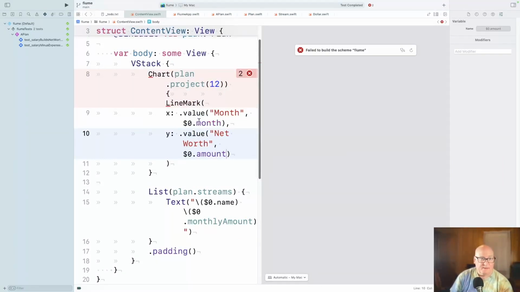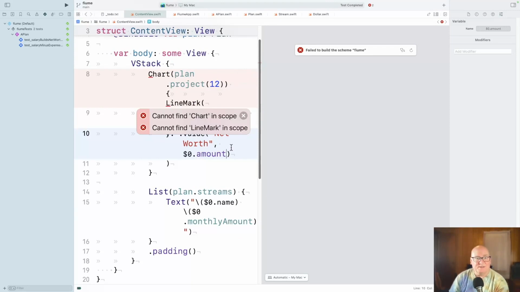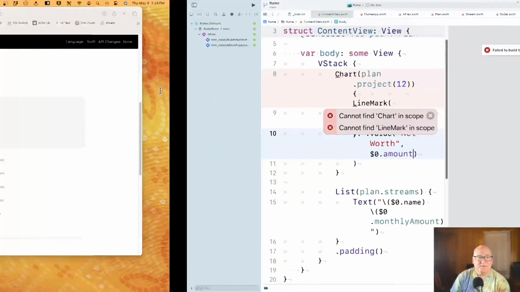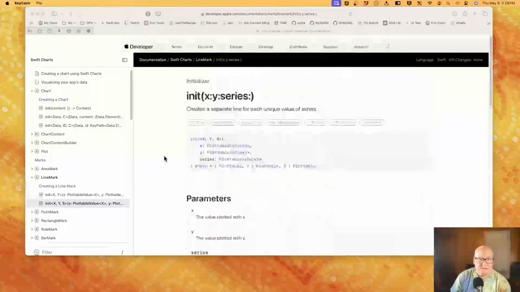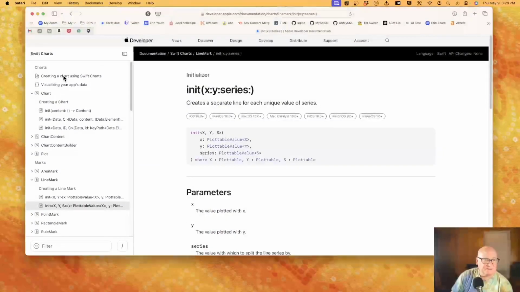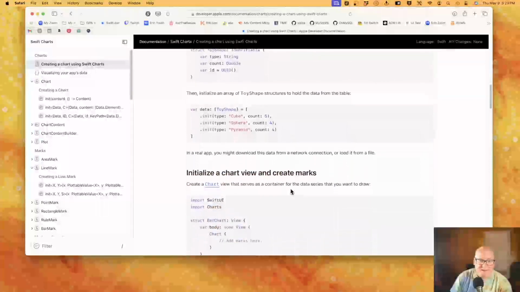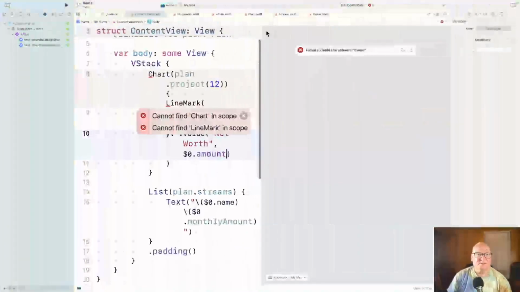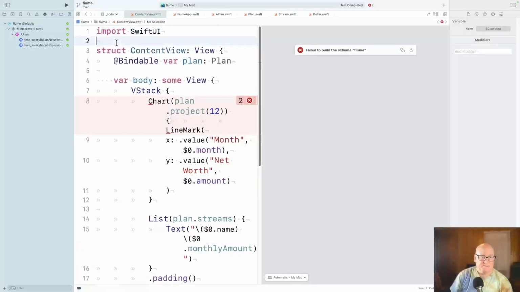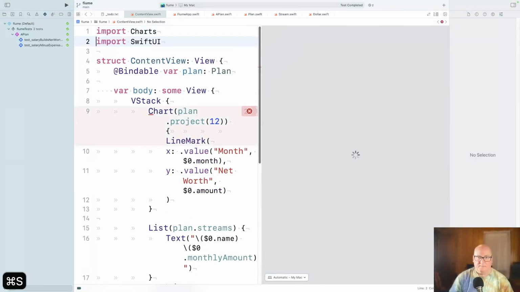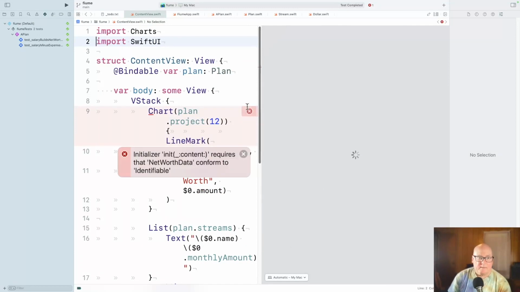Okay. Why can't you find those? Is it Swift charts? Did they tell me somewhere? Charts. Init content requires net worth data conforming to identifiable.